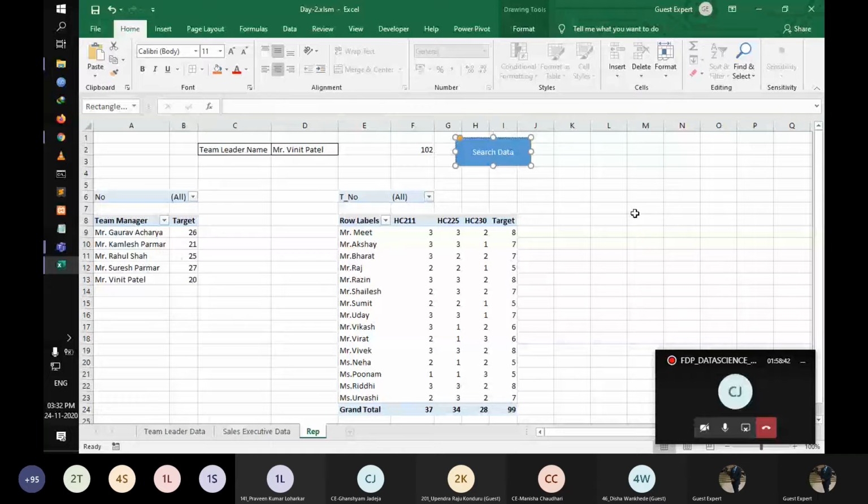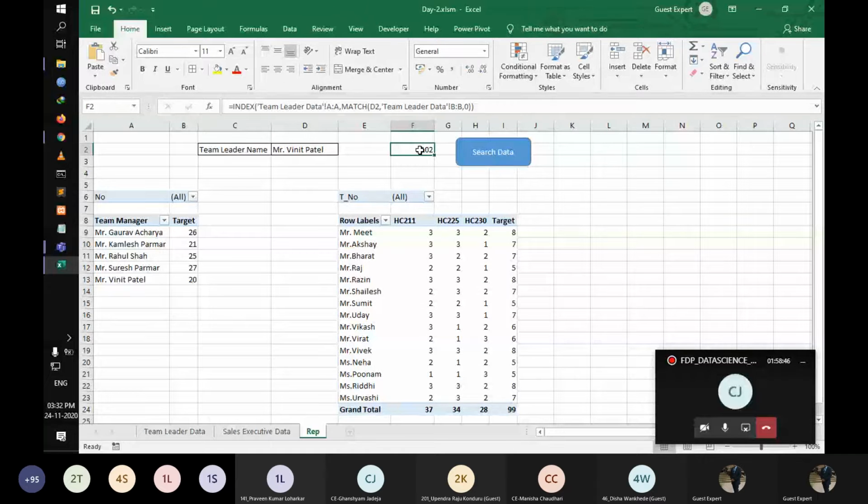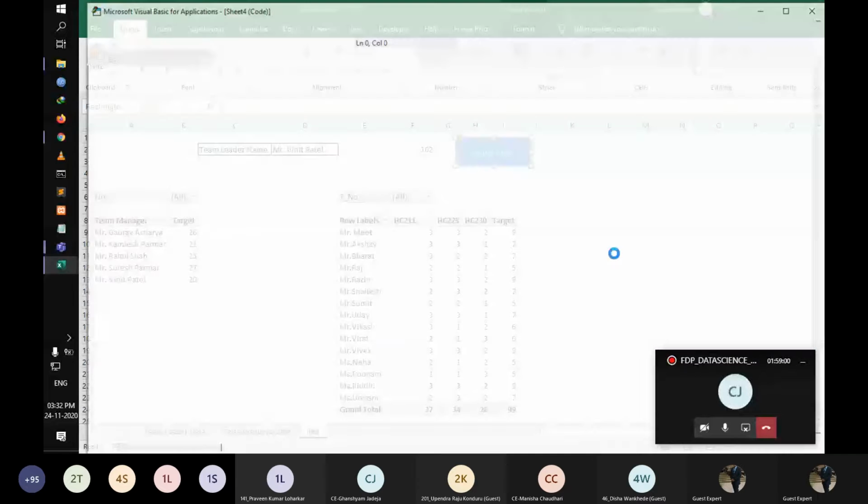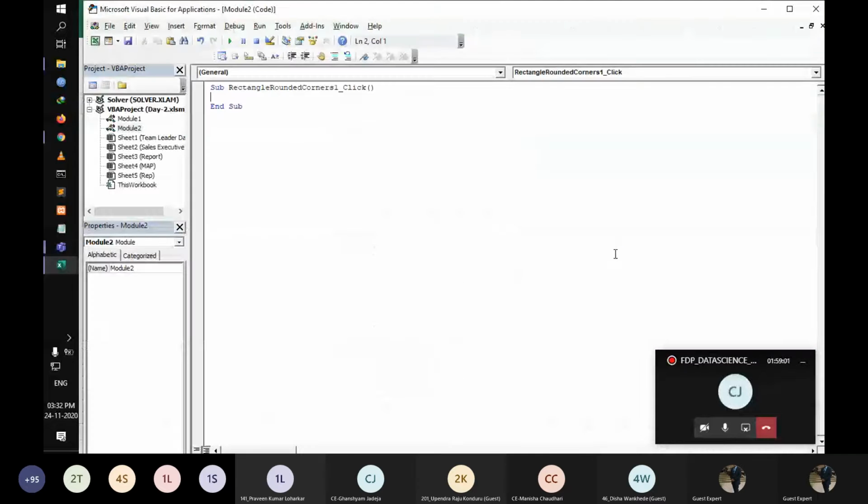So my task is this value representing in F2, going to B6 and F6. So I right click and go to assign macro. I click assign macro and create a new one. So first of all, this is sheet number 5.